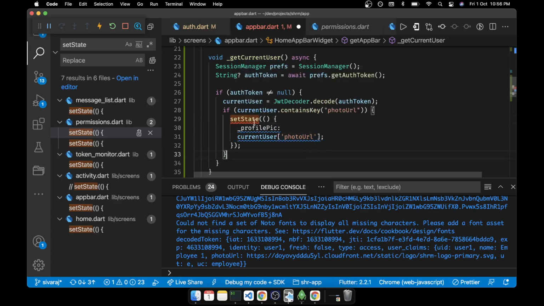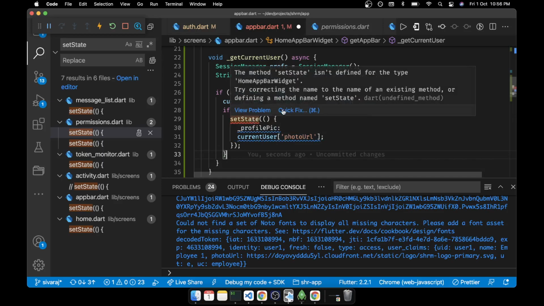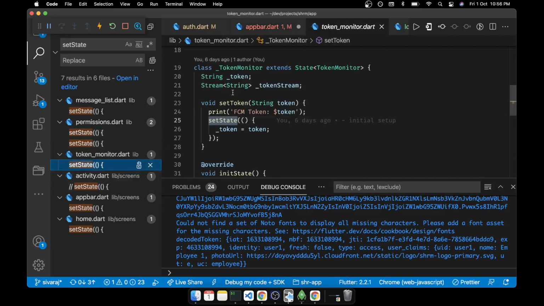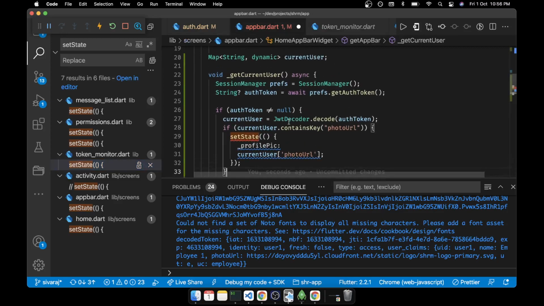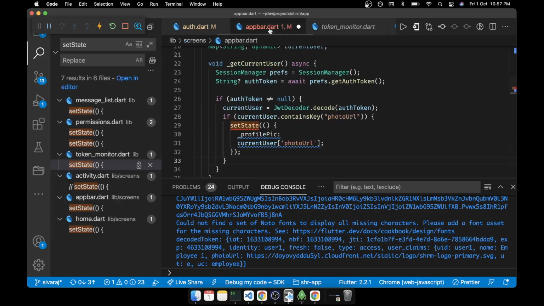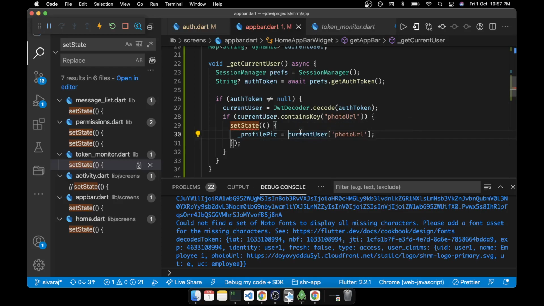I don't know why this set state is not coming. So they are taking the token and then assigning the token underscore equal to. Oh, okay. But still there is an error.